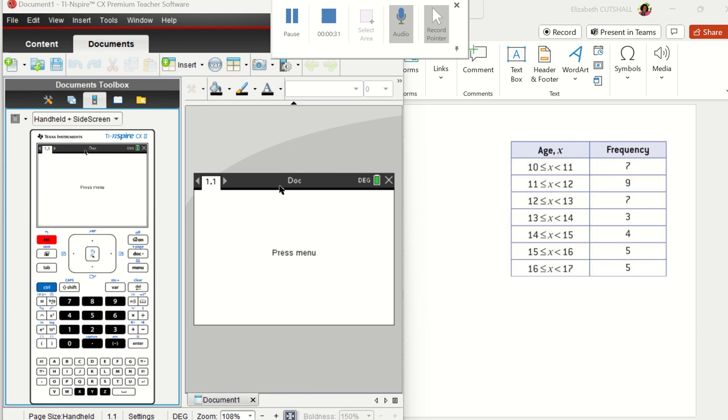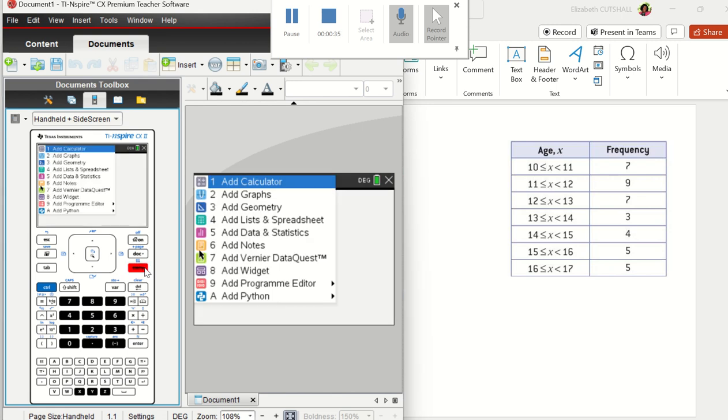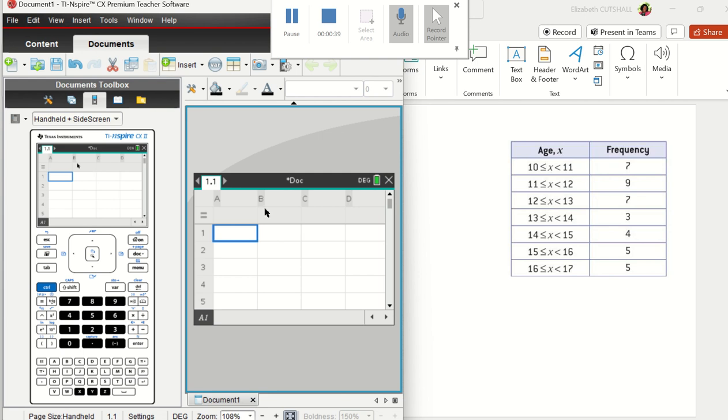I've already opened a new document. Open the menu, and I'm going to add a list and spreadsheet. And for the first column, I will call that X. And then I'm going to put in, if we recall, the midpoint of the ages. So I'm going to put in 10.5 and